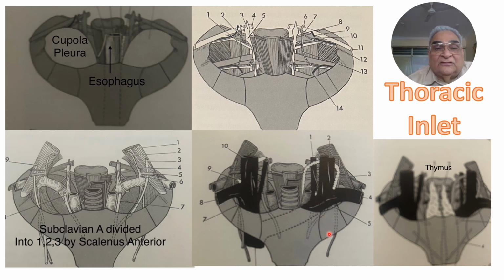Now all these structures can get into an entrapment or compression, because either the scalenus anterior insertion is increased, which is called scalenus anticus syndrome, so that the subclavian artery and the brachial plexus get compressed, or there is a cervical rib above the first rib. So scalenus anticus syndrome and cervical rib press on the blood supply and the nerve supply of